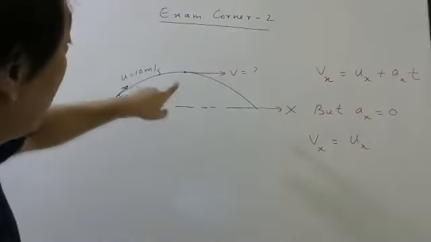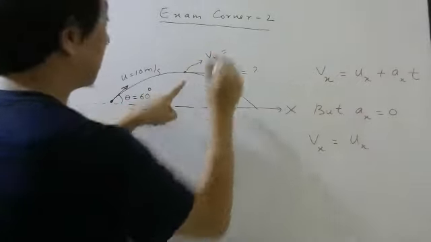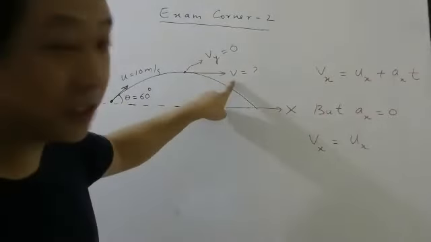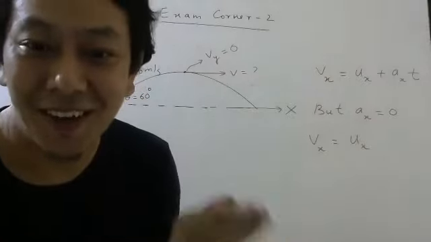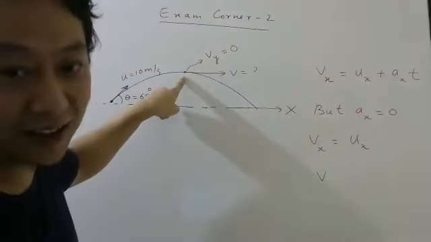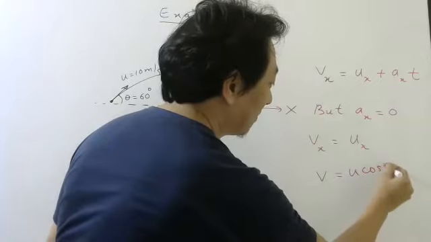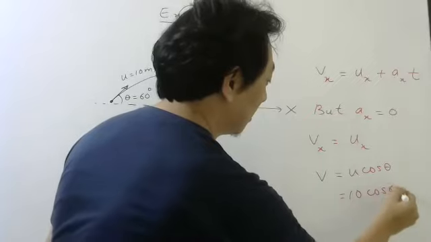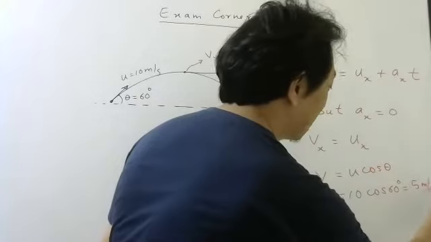Right? Okay. Now, at the highest point, what is your Vy? What is the y component of velocity? 0. That means whatever velocity it has, that must be the x component. So this must be V at only this point, at highest point. And what is the formula for Ux? U cos theta. What was U? 10. Theta was 60. Cos 60 is half, everybody knows. So 5 meter per second.